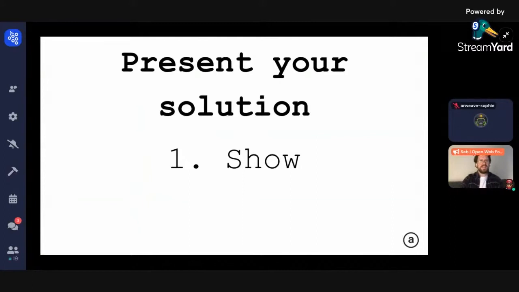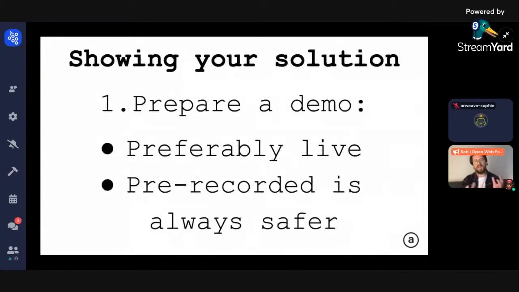The two options are you can show it live or you can show a recording. Now, live demos are obviously more powerful because people then see that it's actually working right then and there. You're taking a gamble. And if it works well, perfect. People really trust it. The flip side of that is that there's always trouble with live demos. So something that is very valid for you to do is also just to pre-record it, something that is accurate.